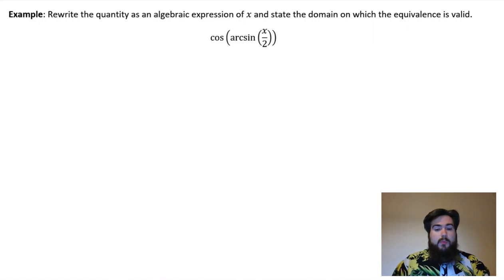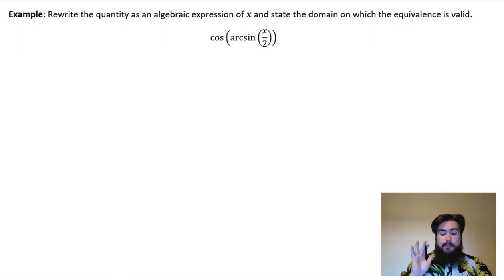For this example, we will rewrite the quantity as an algebraic expression of x and state the domain on which the equivalence is valid. What we are going to rewrite is cosine of arcsine of x over 2. Now, in order to come up with an expression of x, so we don't have any more trig functions, an algebraic expression, what I'm going to do is consider arcsine of x over 2